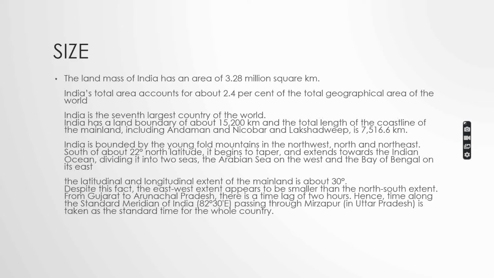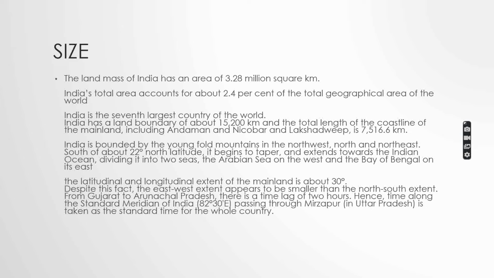Size. The landmass of India has an area of 3.28 million square kilometer. India's total area accounts for about 2.4% of the total geographical area of the world. India is the seventh largest country of the world. India has a land boundary of about 15,200 km and the total length of the coastline of the mainland including Andaman and Nicobar and the Lakshadweep is